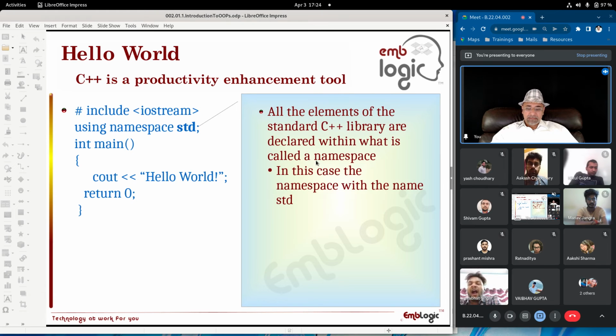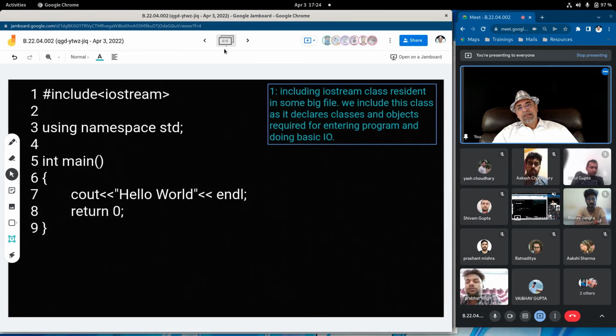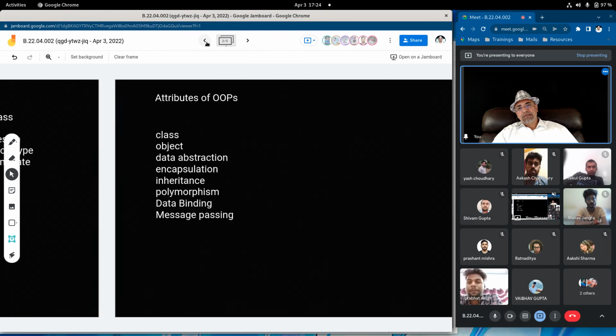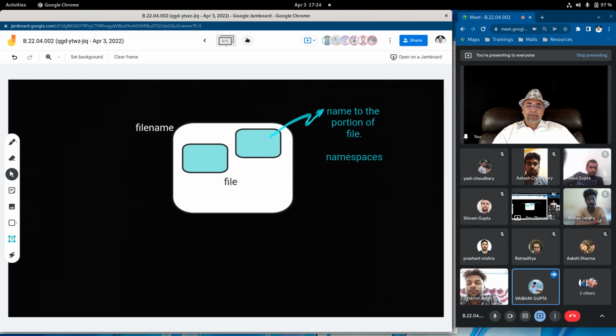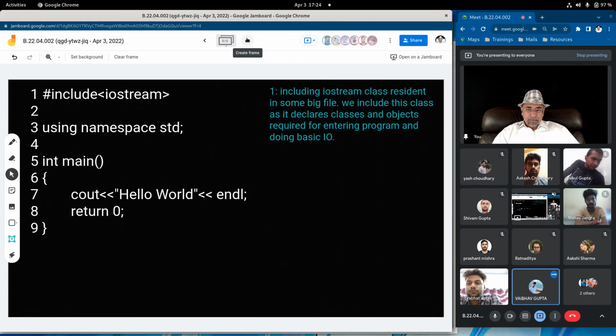Now, when I say it's a class, it has this design. It will have some data and some functions working on that data. Yes, Vaibhav. So in case of C, whenever we are using the preprocessor, it completely puts that particular file in place of hash include stdio.h. But in this case, we are also using the preprocessor. So if we follow the similar form, the complete IOStream class must be kept in place of hash include IOStream using the preprocessor.